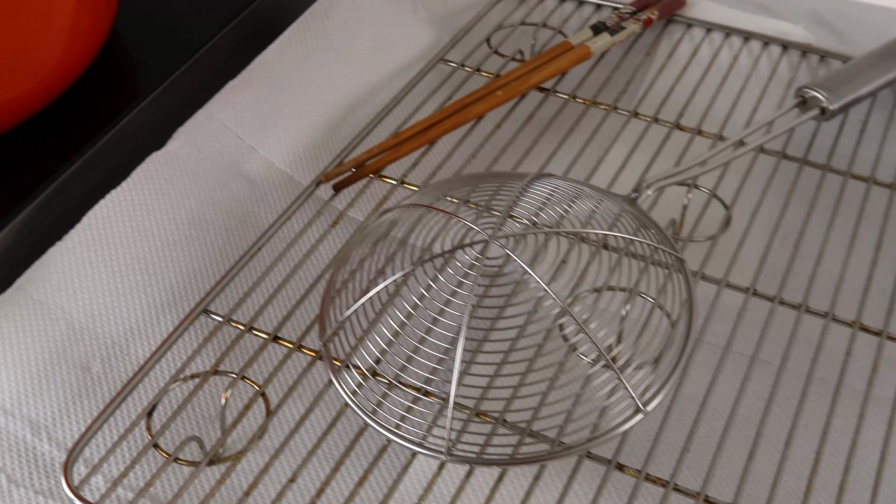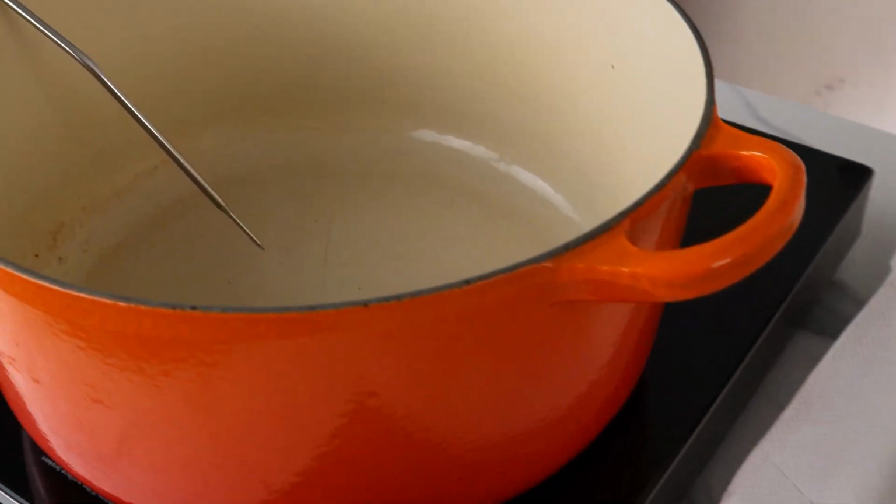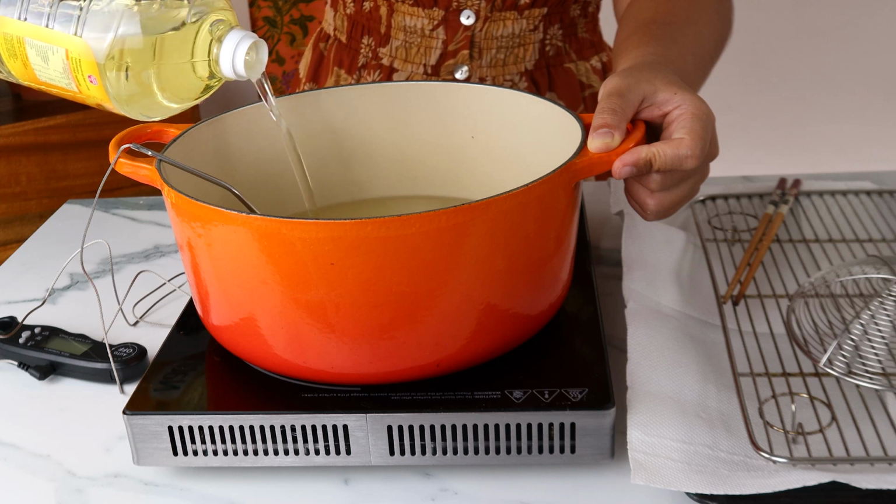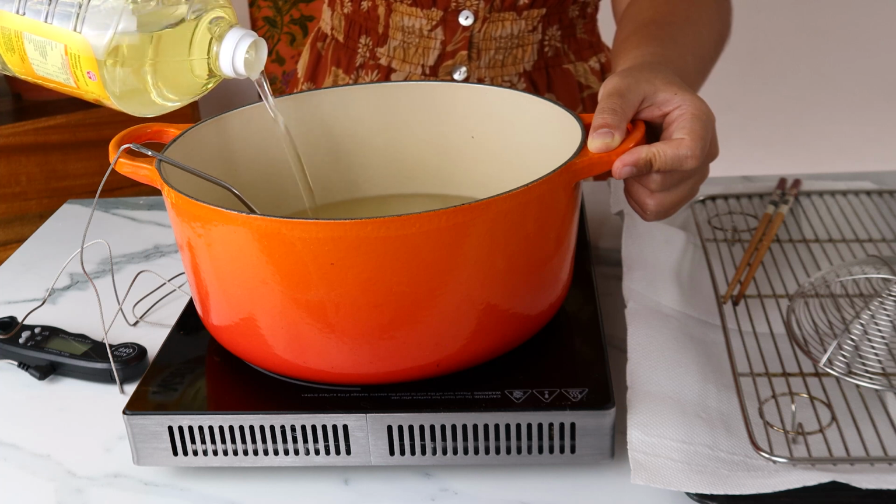Prepare a wire rack on top of a baking tray, a spider and a heavy bottomed pot. Pour in about 1 liter of oil and heat it until it reaches 180 to 190 degrees Celsius. Having a thermometer is super handy here. We want the temperature to be constant so the donuts will fry evenly and turn out nice and fluffy and